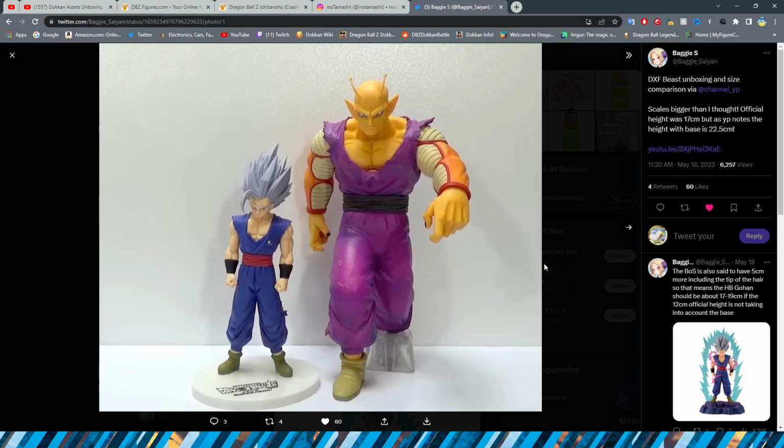I don't know if that is a testament to how big his hair is and how tall Gohan Beast is, or if that is Piccolo getting the short end of the stick, quite literally in this case, being a little bit too short. I'm not really sure which way that would go. Also, Gohan looks like he's leaning a little bit, which is definitely not good to see. A lot of the DXF superhero figures have had that problem so far, unfortunately. But yeah, as you can see,